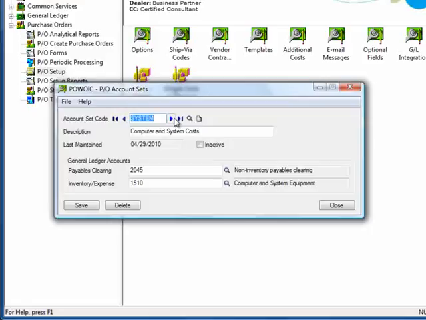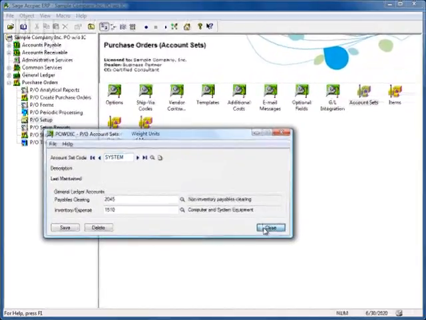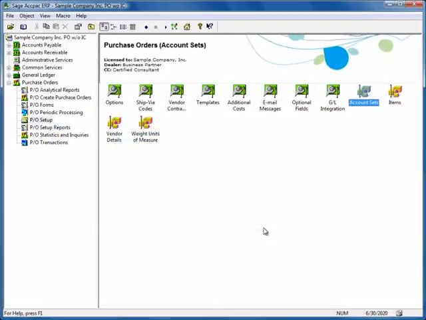We can even set up the system to account for capitalizing costs. So in our example, when we're buying computers and servers, we can use this systems account set to put these purchases in an asset account called 1510 Computer and Systems Equipment. Let's close this window, and now we're ready to move to the second setup step, which is creating our purchasing